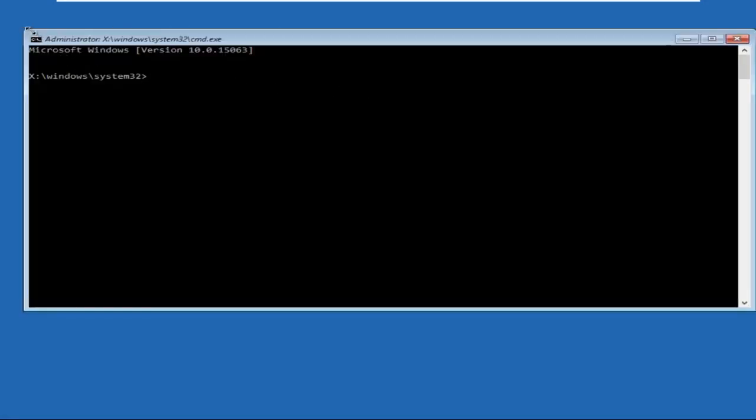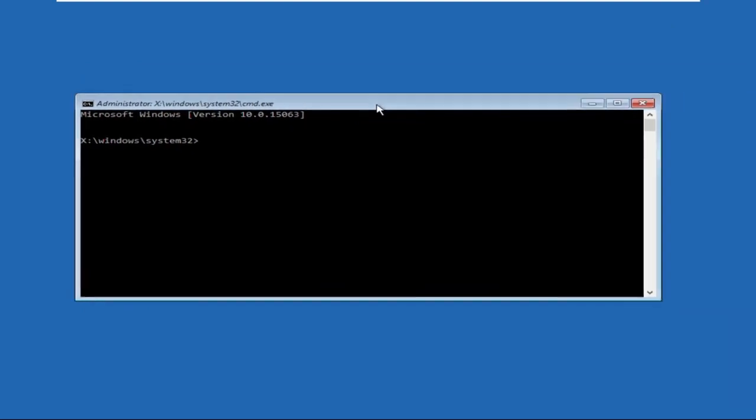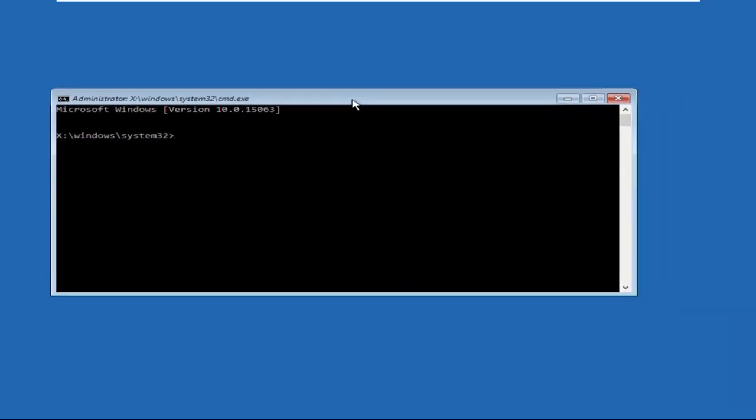Now we need to execute some commands here, so type all these commands carefully and hit enter to execute them. So type in bootrec /fixmbr and hit enter. Then type in bootrec